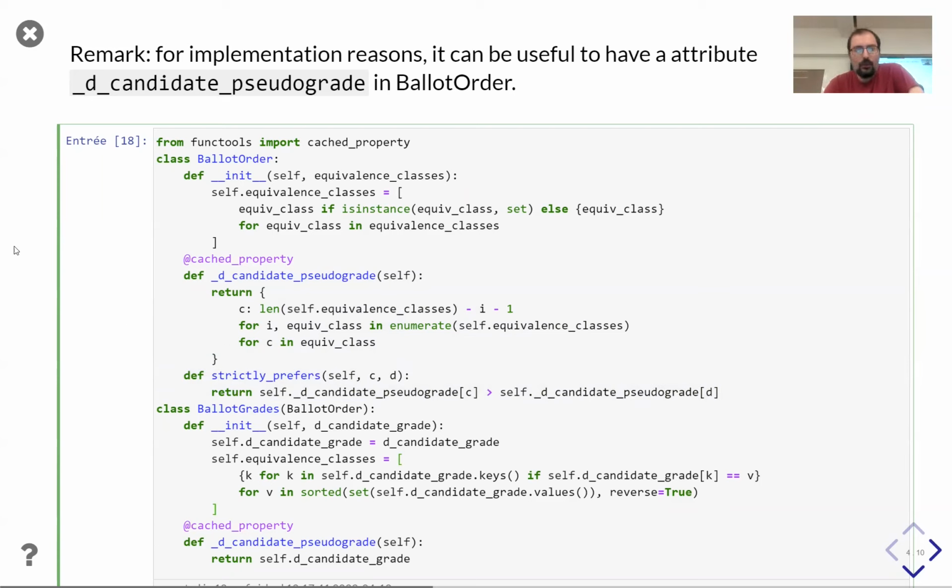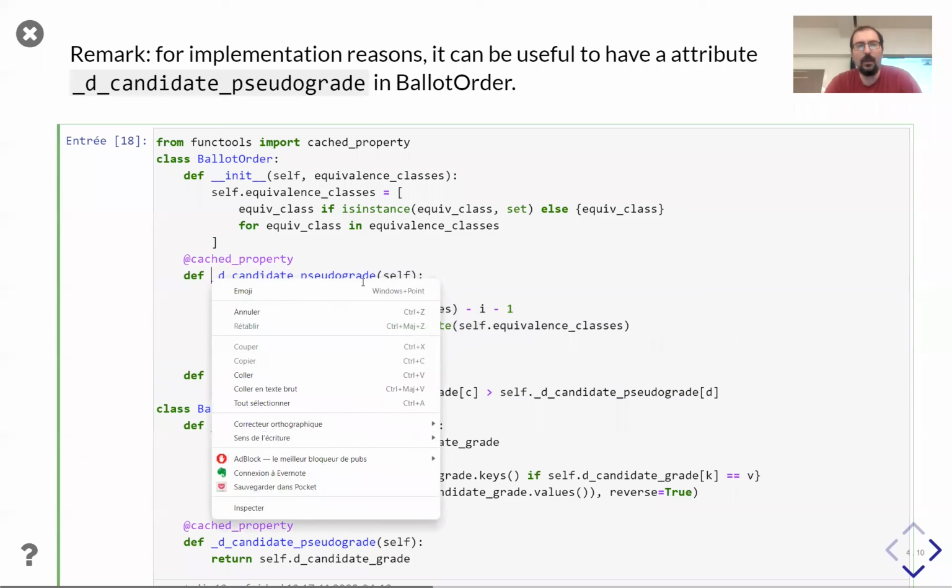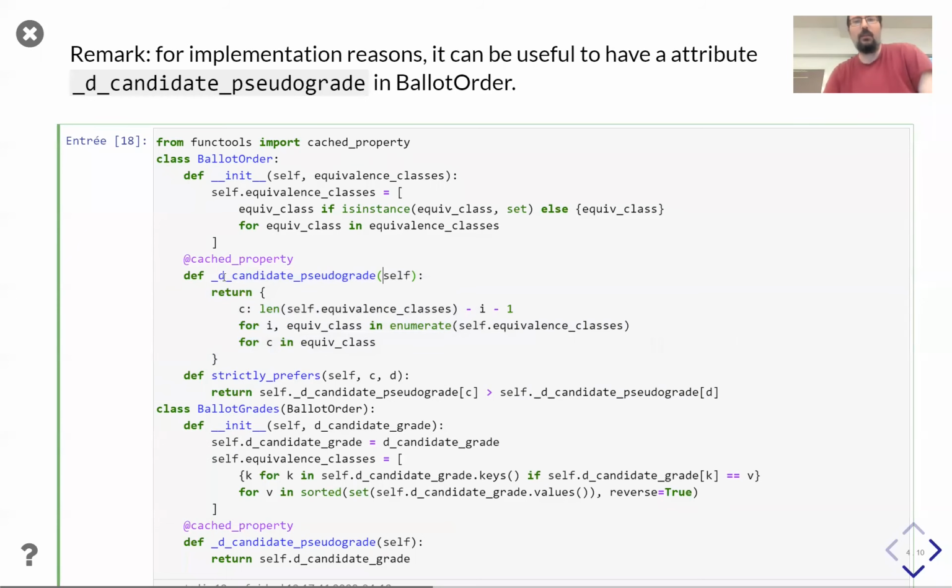But remark that here it's a private attribute, so I don't guarantee in the API that it will work exactly the same way in the future, and so on and so on.